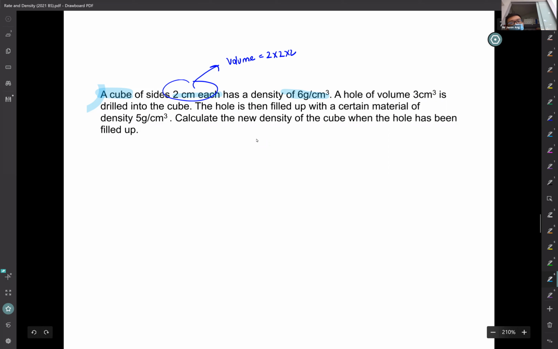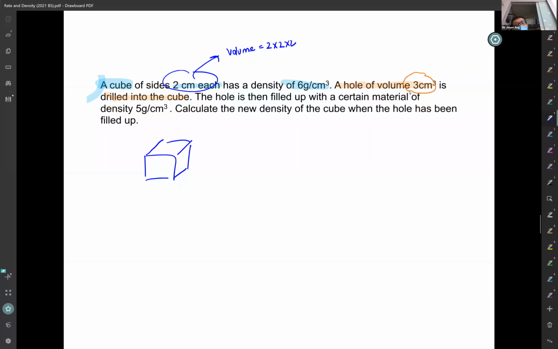Let's move on. What happened next was this. There was a hole that is drilled into the cube. When they tell you the hole has a volume of this, they are actually telling you how much of the material is going to be removed from your original cube. I always suggest and tell my students, draw a sketch to visually see what's going on. This is before, at the start. At the start, my cube was complete. Halfway through,